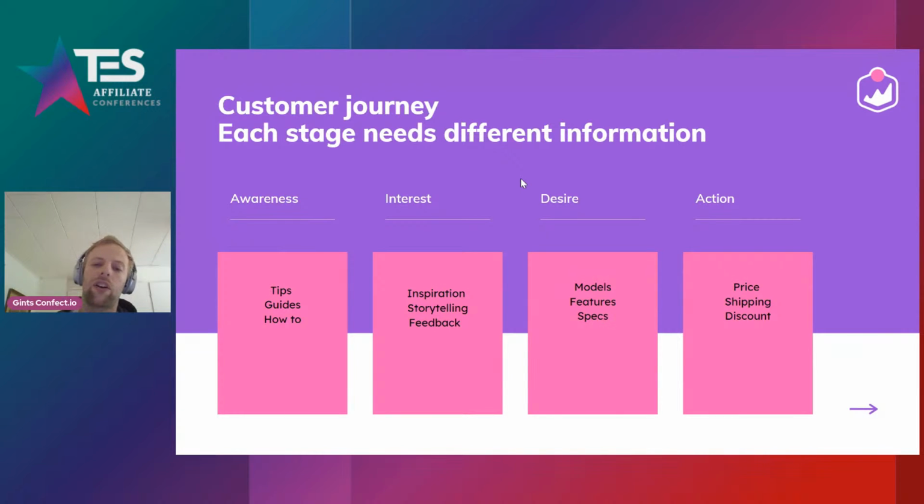Then desire is, okay, so how do I look, or how would this product fit me, or how are my role models using it? Is there a size that fits me? So here you're already shopping. You're sort of shopping around and seeing how it would fit for me. Would I